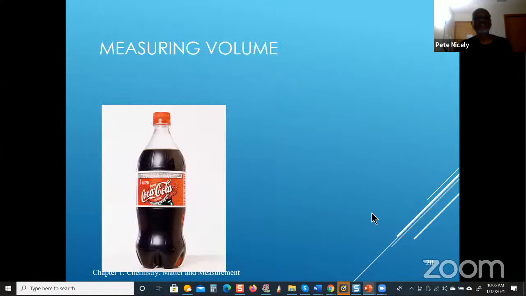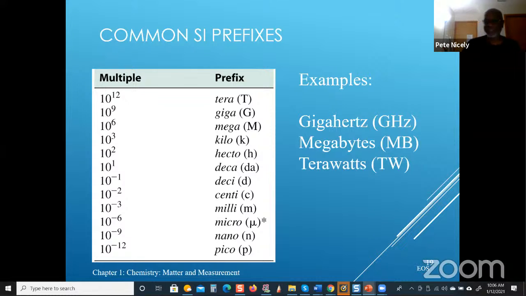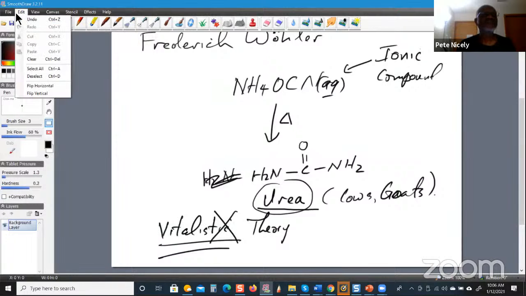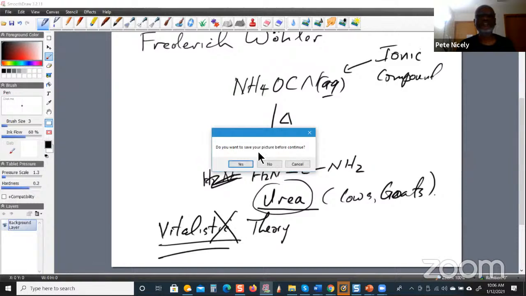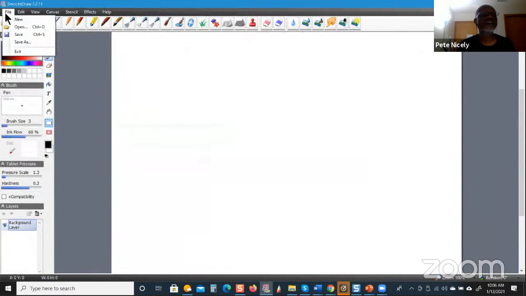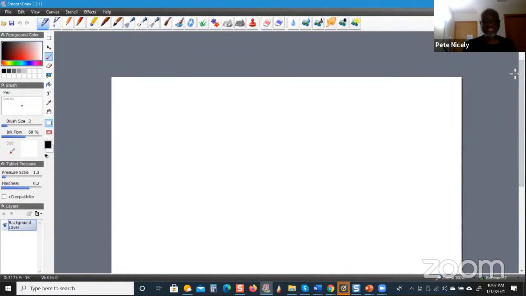Okay, so, by the way, before I move on to the next topic, or the next page, I just want to give you an example of how we use the prefixes. So let me go back to here. Just to show you the relationship between the basic metric unit and the prefixes,